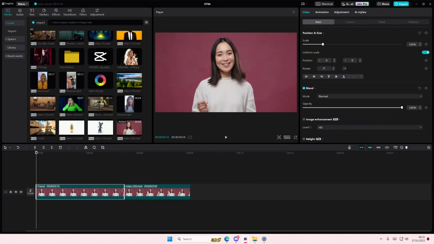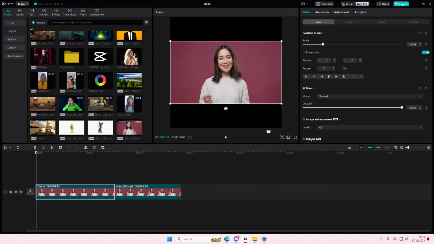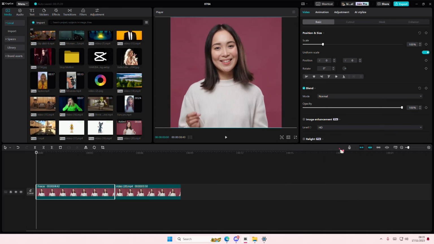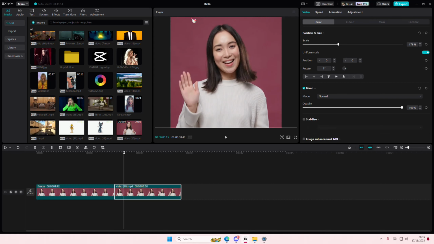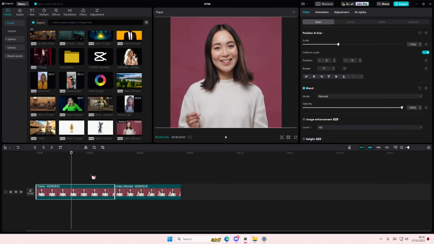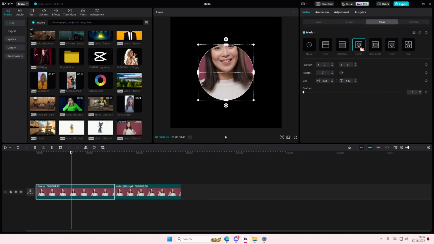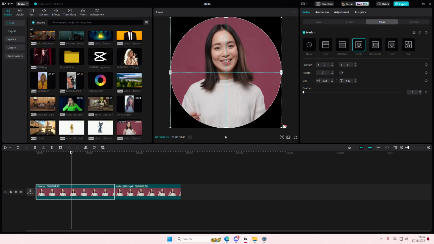And I'm just going to extend it just a little bit, and I'm going to go to frame ratio. I'm just going to select the 1:1 because I feel like it's a little bit easier to do. We're also going to scale it so that it's like the full-on position, like the full-on scale, sorry. Select your photo, like the freeze frame one, go to mask and select the circle and just adjust it like